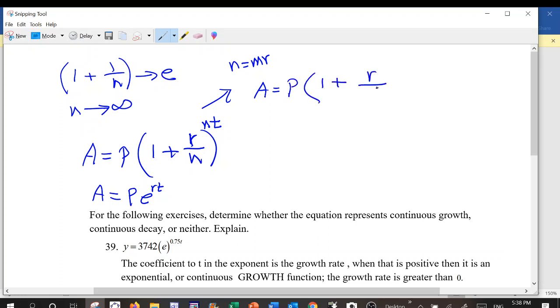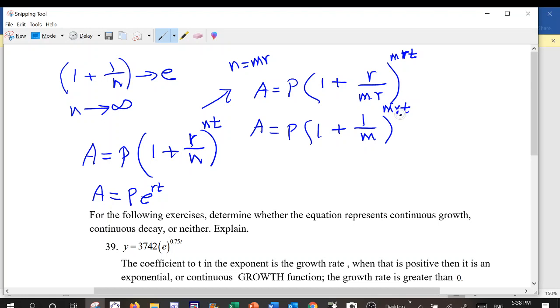So that would be R over, instead of N, I put MR. And here we put MR for T. See? MR for N, and then MR for N here. And there's a T still there. And this is R, right? Okay, now, this R cancels, so what we get is P times 1 plus 1 over M, and that's just